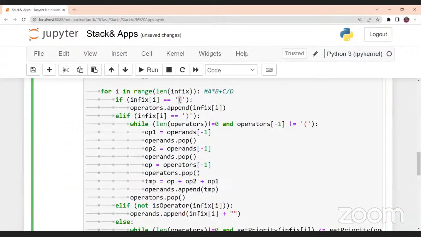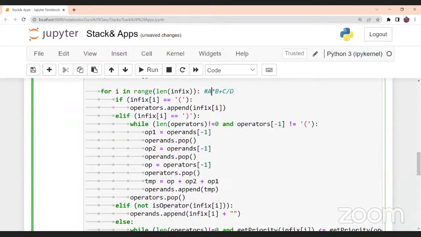If that is inside it, it will work in the appending format of operators, or else it will skip to another value. That's it. So now it will check that it is not here, and then it will check for this elif, it is not there. Now if that is not an operator, then it should be an operand, right? So that's why if it is not an operator, then that particular thing is inserted into an operand.